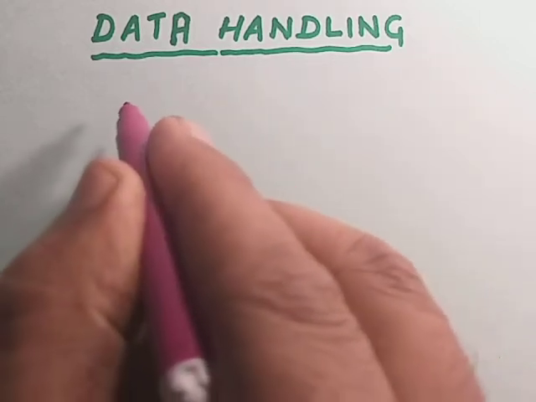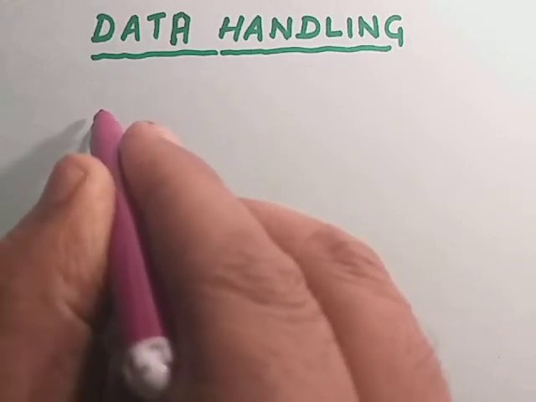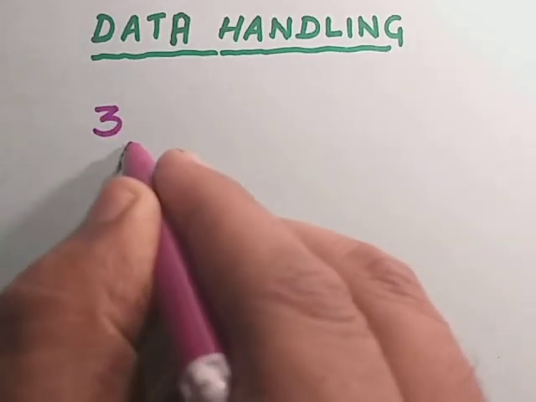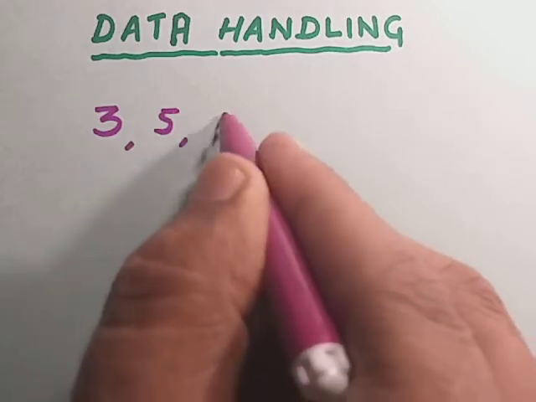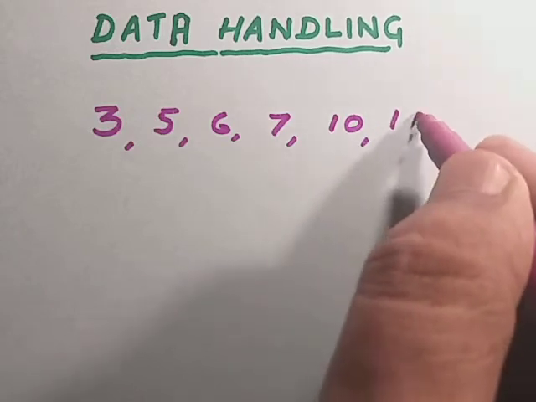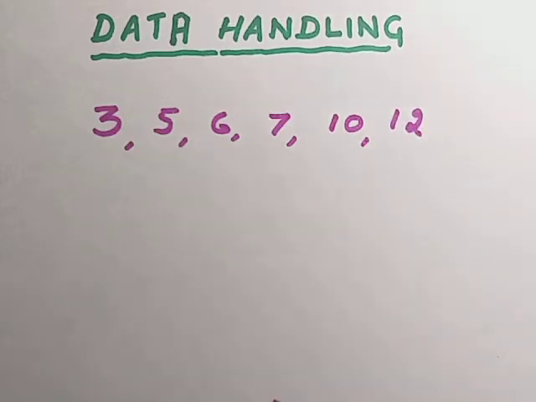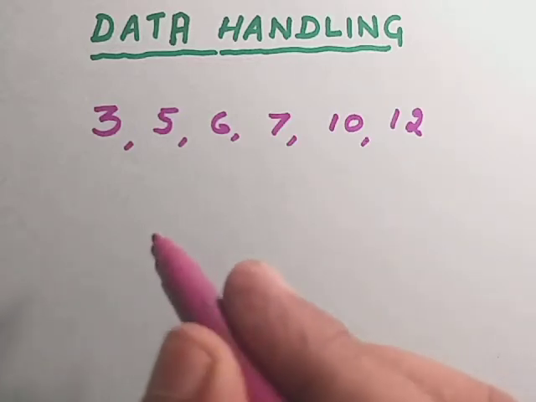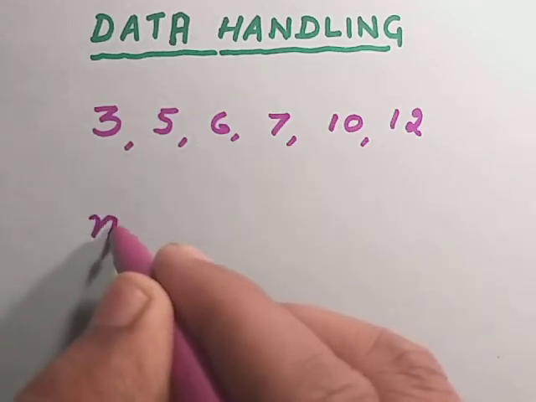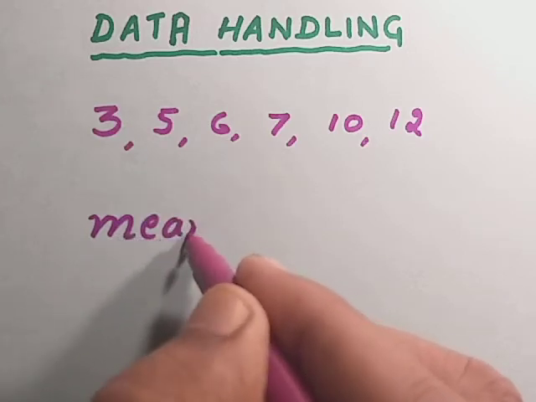Let us first understand the simple idea of numbers: 3, 5, 6, 7, 10, 12. These are the numbers given to us. Supposing we have these numbers, then the mean of these numbers is equal to